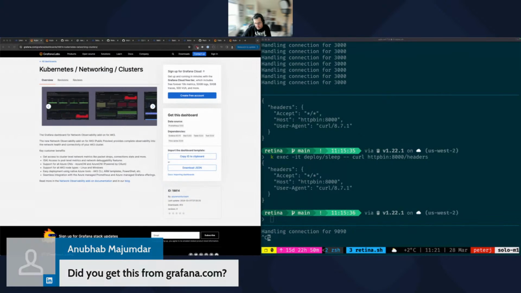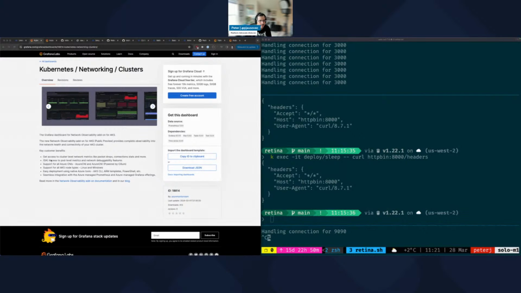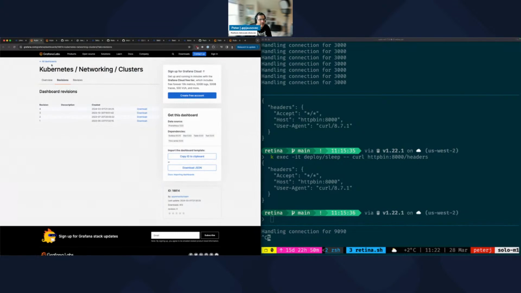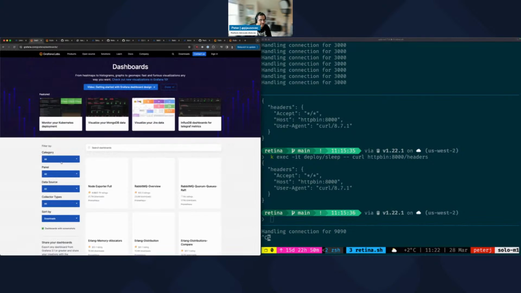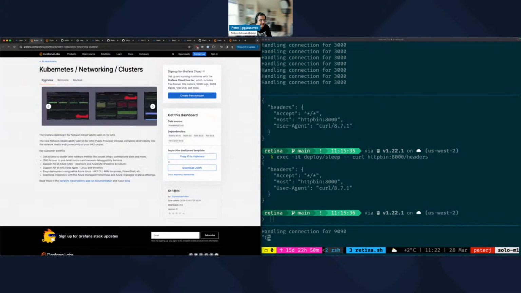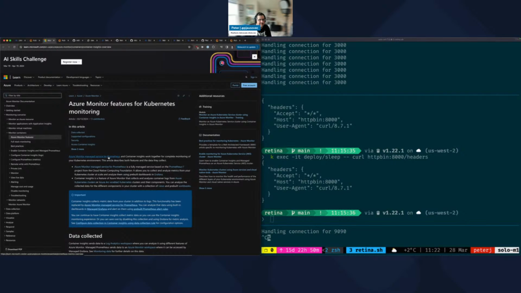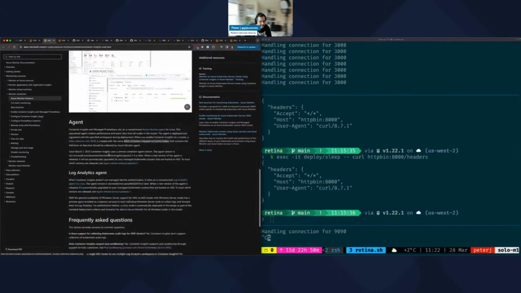So those I got from the repo. This one explicitly says networking clusters only, so I don't know if there's another one or two of them for Kubernetes networking pods and the DNS one. But yeah, this is the network observability add-on. Yeah, this is the doc. Probably you might want to maybe change the